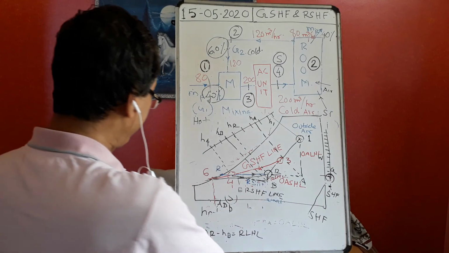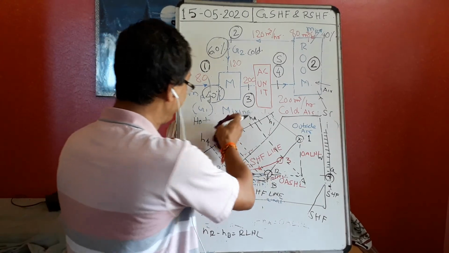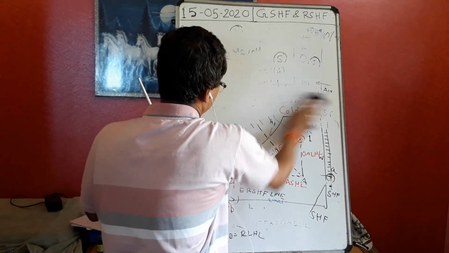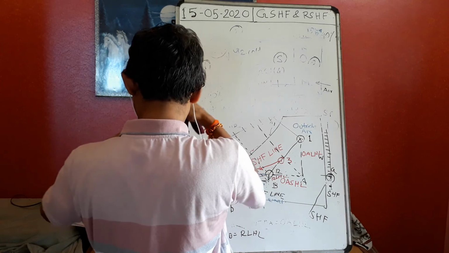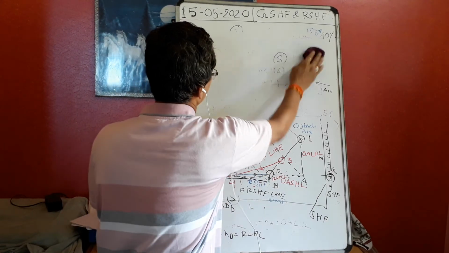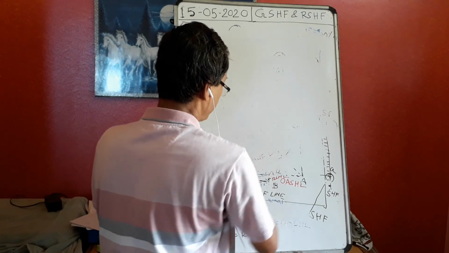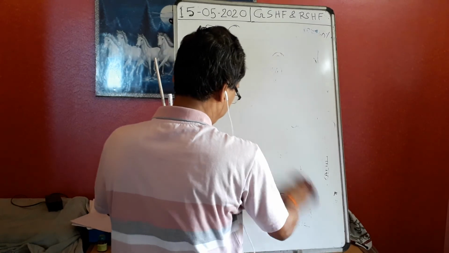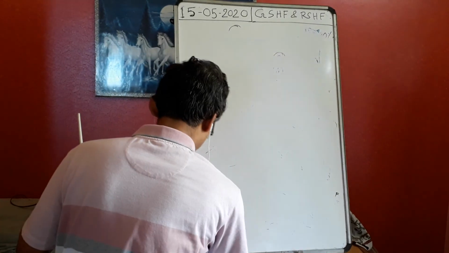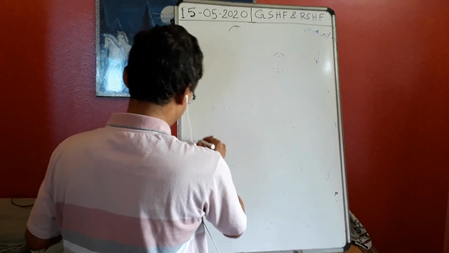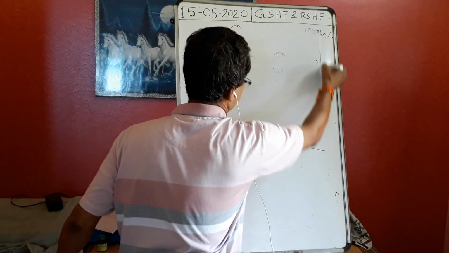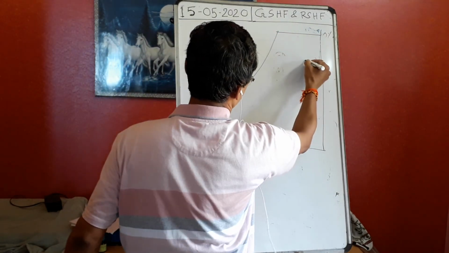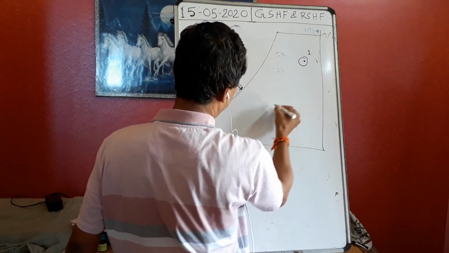Now let me draw it in a bigger way, then it will be clear. Let me erase this one. We have understood. Different lines once more, then you will not forget it. So the diagram, let me draw it in a bigger way. This is my air conditioning, this is my psychrometric chart. This is the outside air.